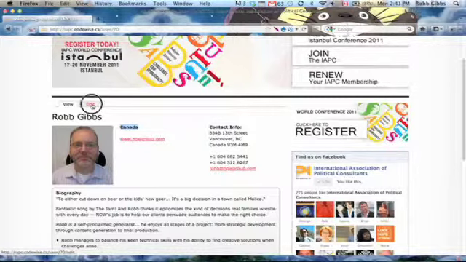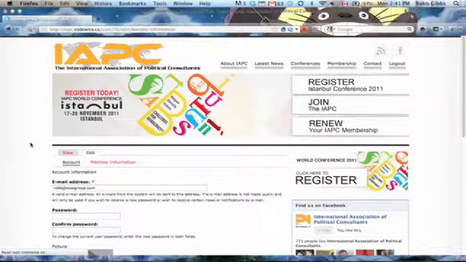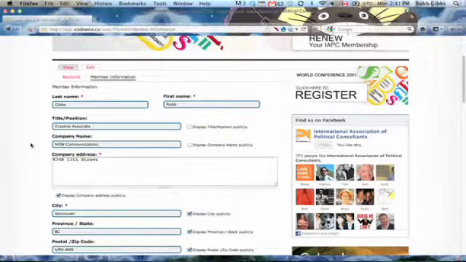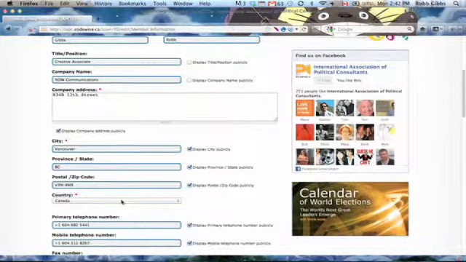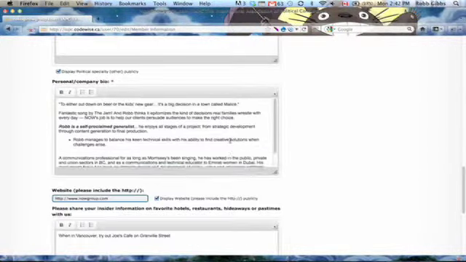And how I did that was, if I go back into edit mode and into member information, you'll see that as you explore this, basically every field except for last name, first name, and country all have this box here, which is a checkbox. It allows you to say, yes, I want this information to show publicly. No, I don't want this information to show at all. And you can see that both of these are unchecked, my title and my company name, and that's why they didn't show. So if I click them, if I check them, and hit save again,